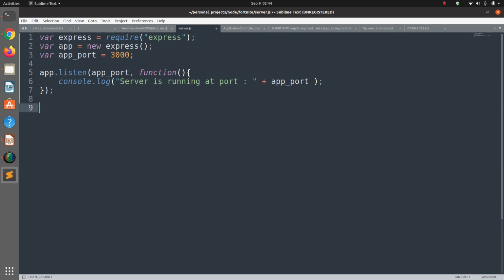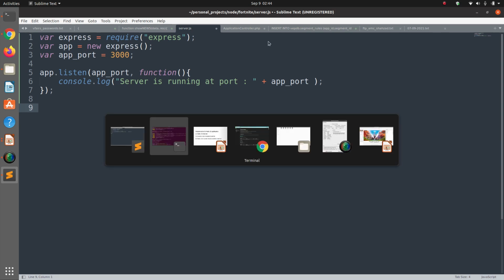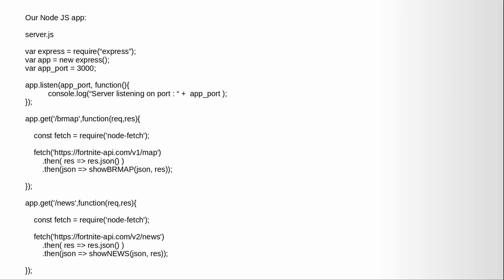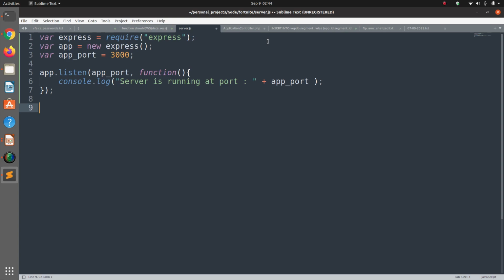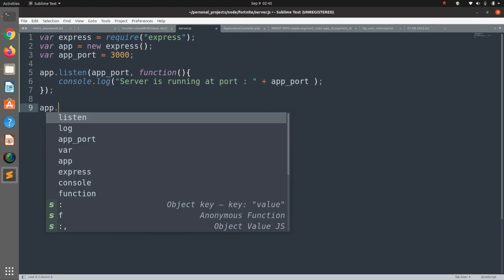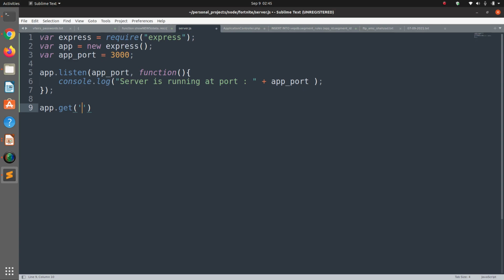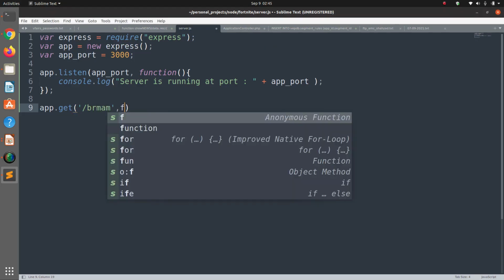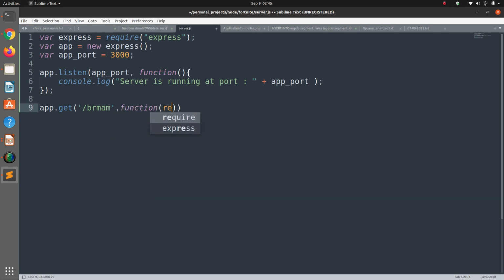Now the next step is that we are going to create some routes. In this video we will be using two APIs, so let's get started with the first one. Okay, the first API we are going to use is the brmap API. So we are going to say app.get /brmap, and then we have an anonymous function that receives request and response objects,